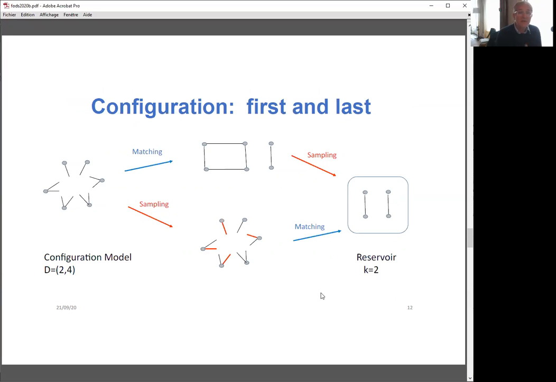a different vision of the configuration model, which is a key idea. One of the key ideas of the paper is that you start with a particular degree distribution here on the left. And then in our model, we do the matching first because we do the configuration model first, and then we do the sampling. So we're going to invert these two sampling procedures because they are independent. So we're going to do sampling first here and matching after. And because they're independent, we obtain the same result.